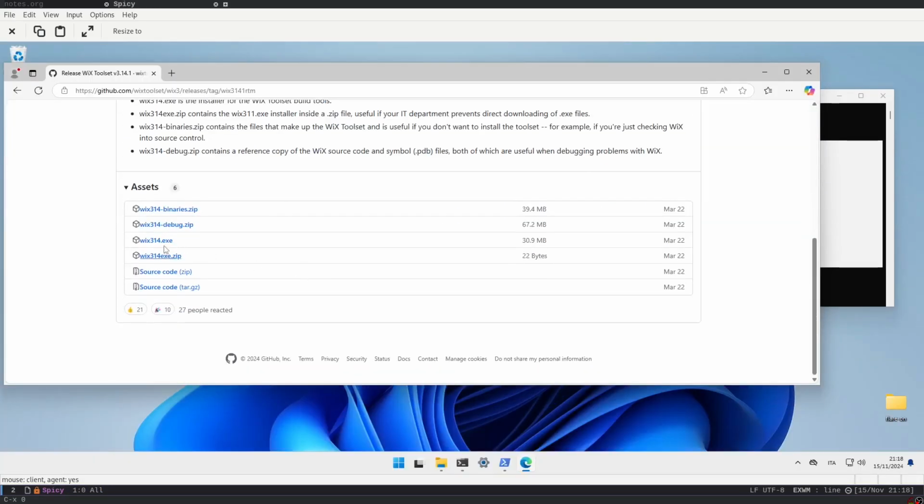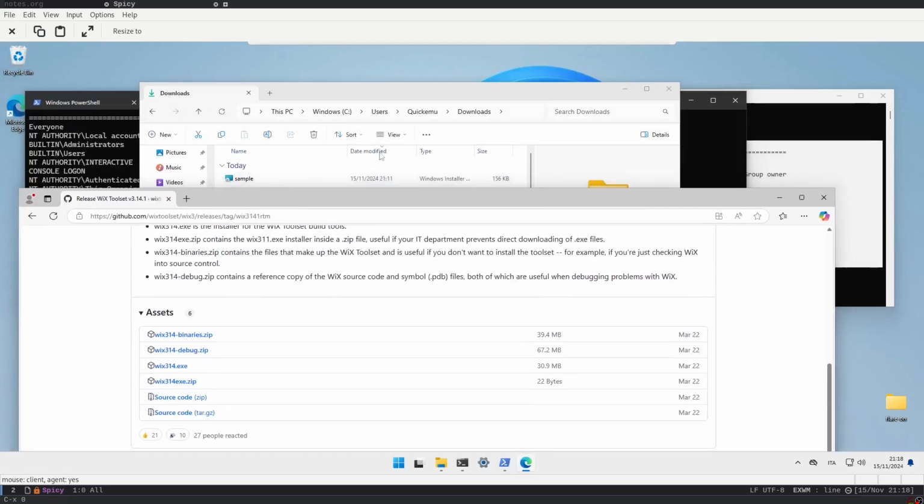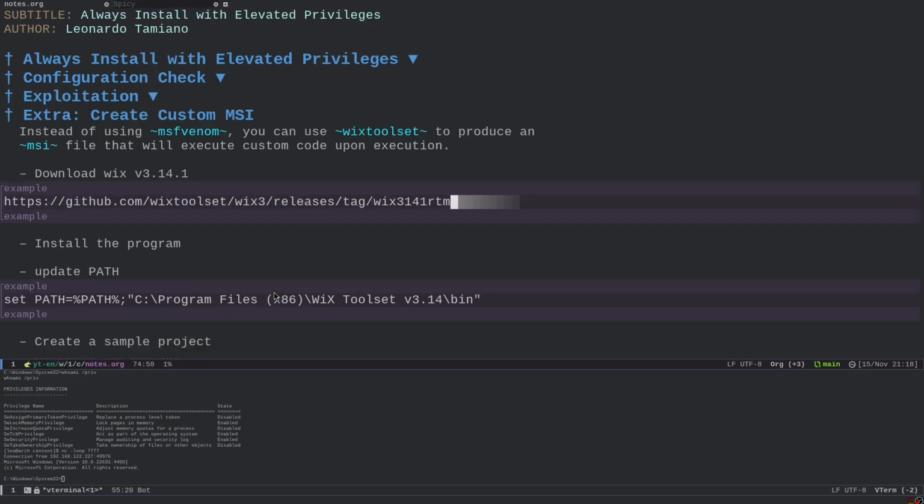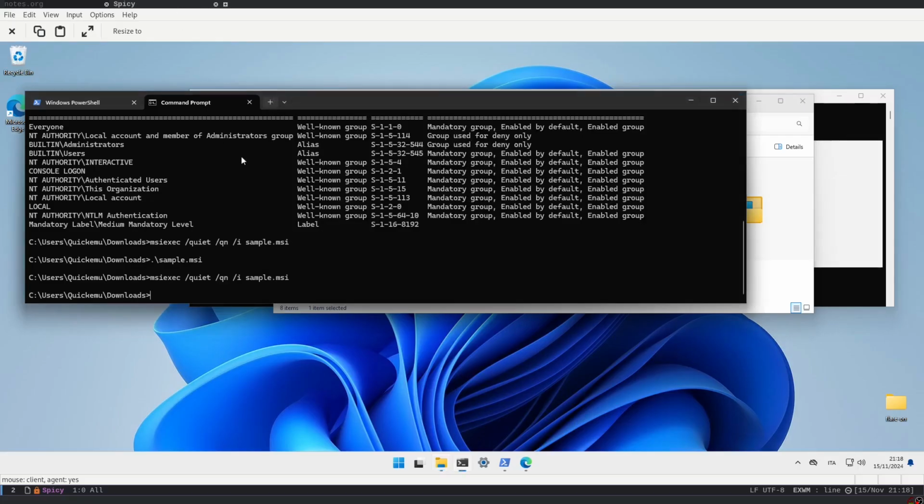And in this, you can just download the executable here, wix314.exe. Then you click on it, you do the installation. It's pretty simple, nothing too crazy. And then you have it installed. Now, how can you use it? Well, the program is going to install in this path: C:\Program Files (x86)\WiX Toolset v3.14, we can go into this specific path, for example,